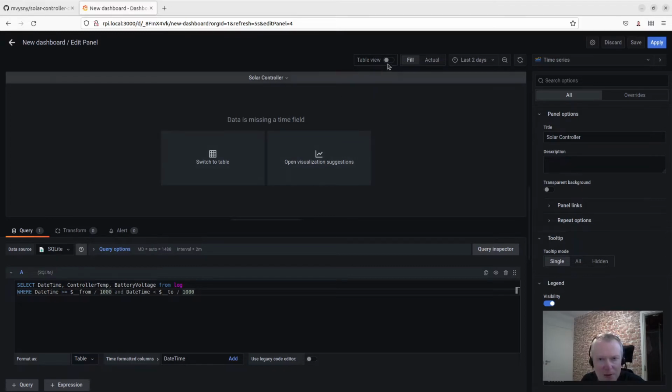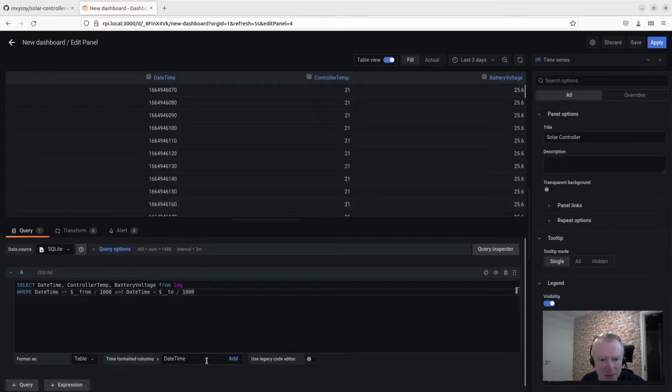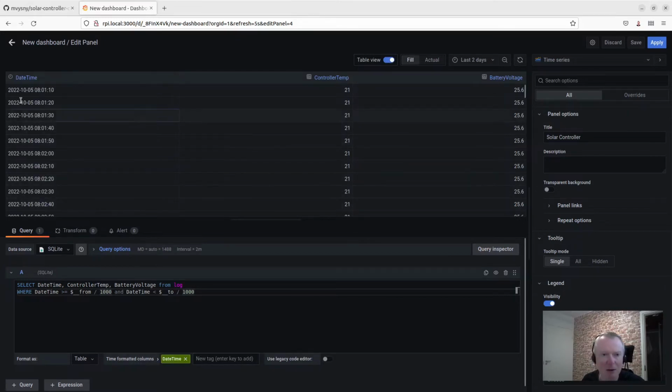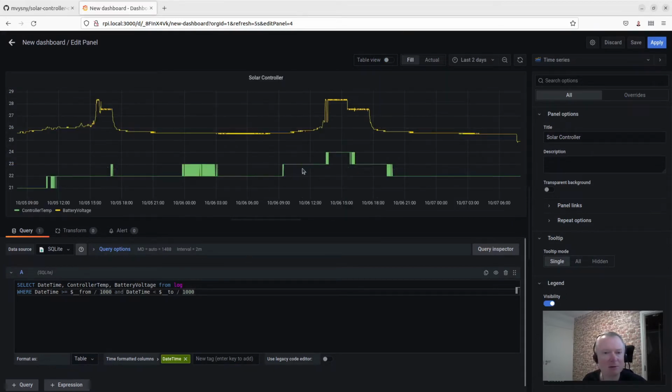Data is missing a time field. But we configure... Oh, we forgot to press the add button. Okay, now it is. Now the datetime is correctly marked as a date column, and now Grafana is happy. Basically, Grafana needs one column of type date or datetime, and then a bunch of value columns. Alright, so we have